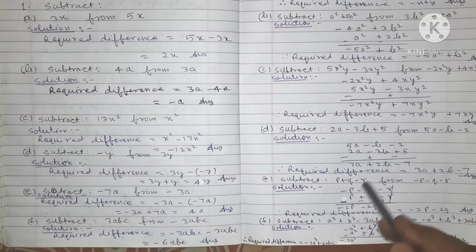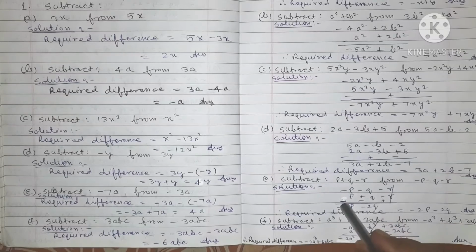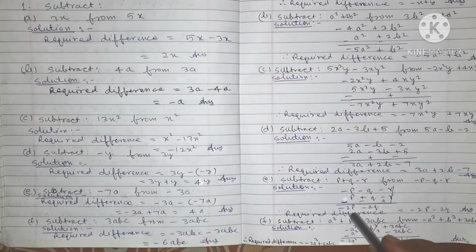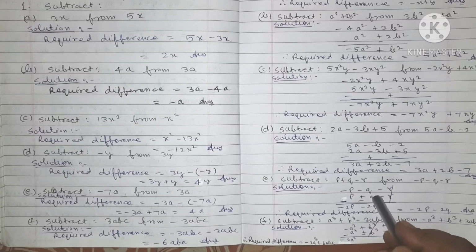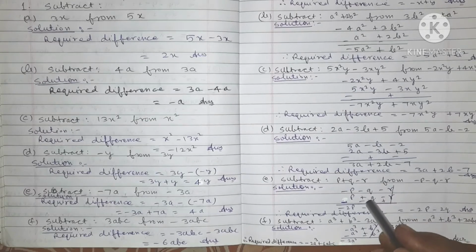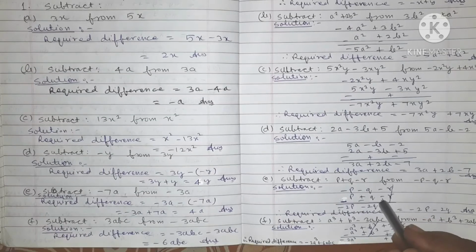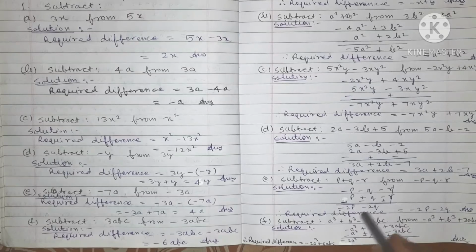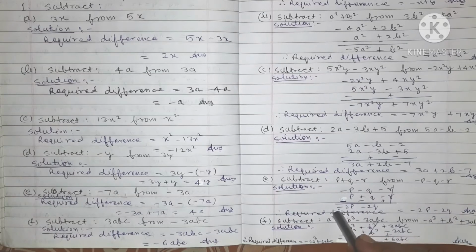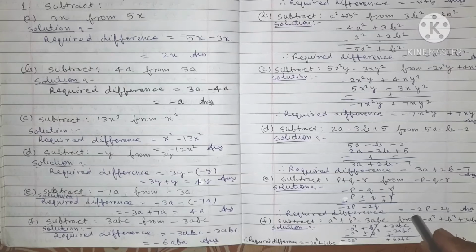Now there are three columns, so we first solve first column. Minus, minus, plus, we do plus. 1 plus 1, 2, 2p. Both are minus, sign is minus. Minus, minus, plus, we do plus. 1q, 1q, 2q, both are minus, sign is minus. Here plus, minus, minus, 1 minus 1, 0, so we cut this one. So the answer is required difference equals minus 2p minus 2q.